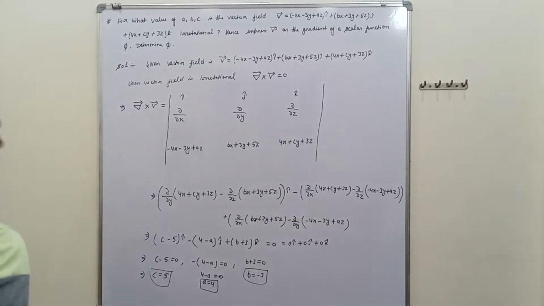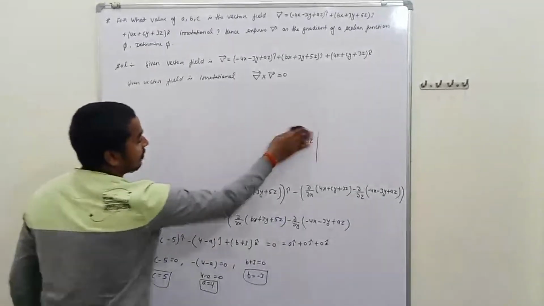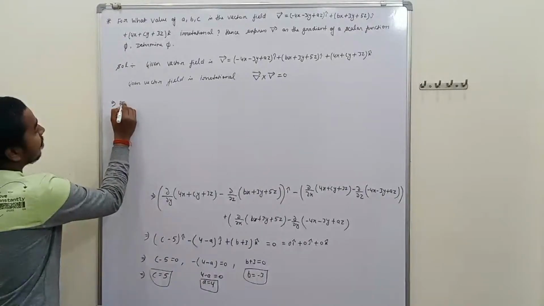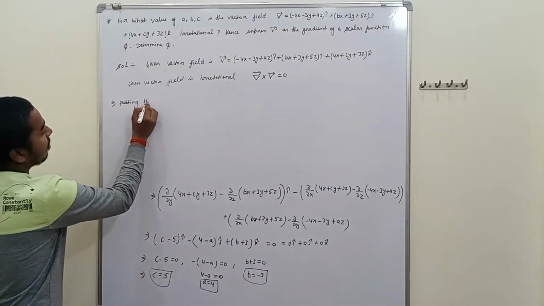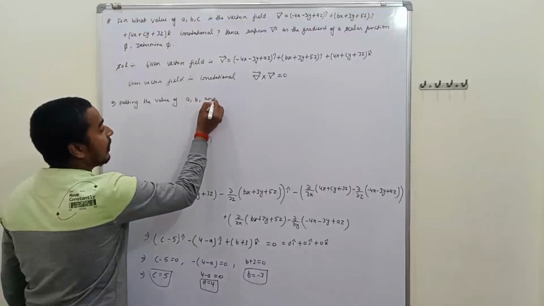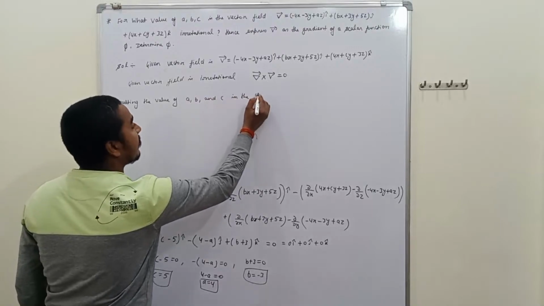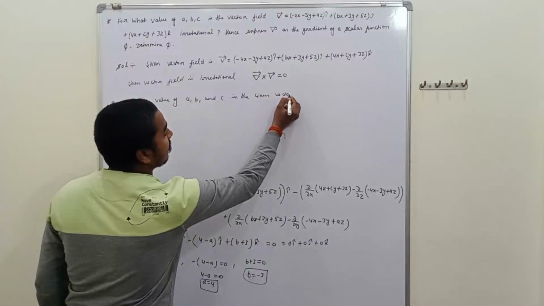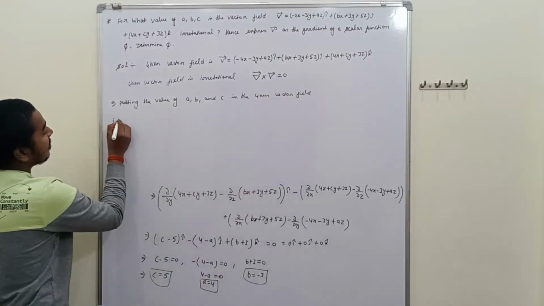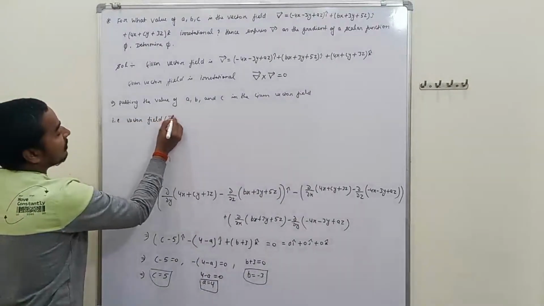We have to solve further, putting the values of A, B and C in the given vector field, that is, the vector field becomes, vector P becomes